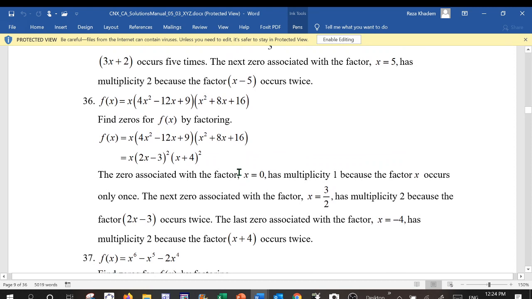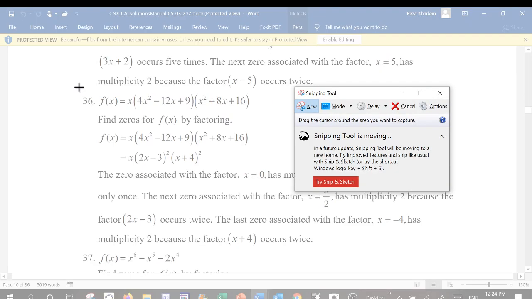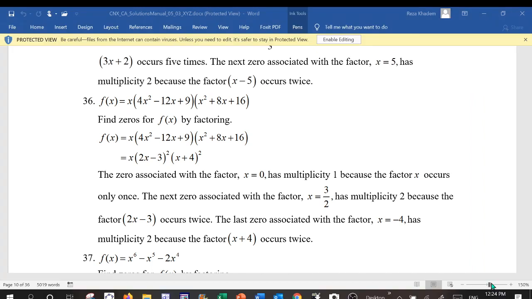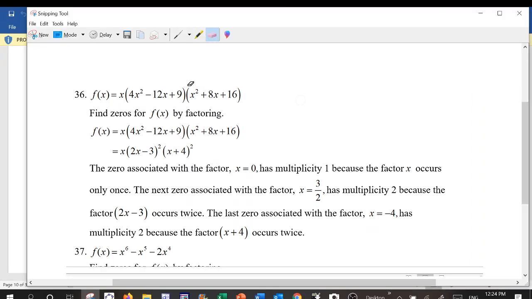And so in 36 we can talk about here. We just have to find the zeros and multiplicity. I have to write this in what? In factored form to find the zeros. So we have